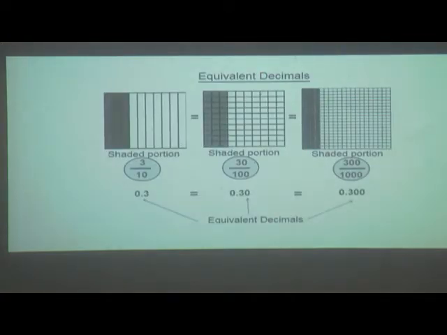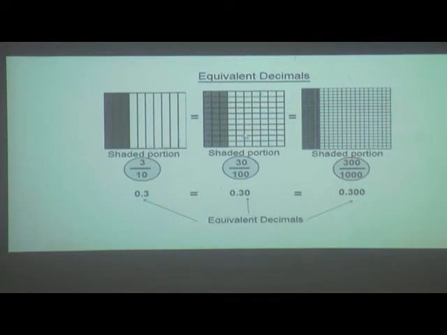Now we will see equivalent decimals. What is an equivalent decimal? By seeing the figure, you can find out what it is. Here it is given 3/10. The whole sheet, I can say the small paper sheet, is divided into 10 parts. Out of this, 3 parts are colored, so it is written as 3/10. We always write the shaded or used portion in the numerator. So only 3 parts are shaded, we write 3 in the numerator and 10 in the denominator. Why? Because it is divided into 10 equal parts. The word is equal.